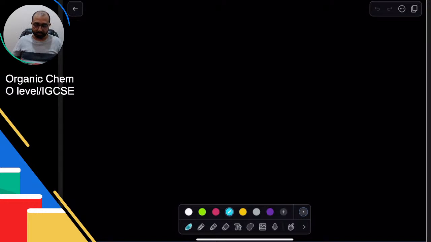Which process is an example of cracking? What is cracking? You take a large hydrocarbon and break it down using a catalyst into smaller hydrocarbons at high temperature. So we are starting with a large hydrocarbon. Here there's only one reaction where you start from a large hydrocarbon. The rest of them are organic reactions, and they might be valid reactions, but only one is cracking, in which you break down a bigger molecule into smaller ones.